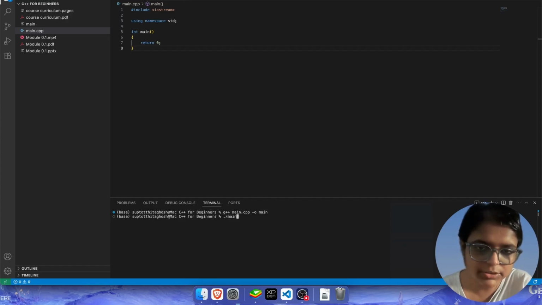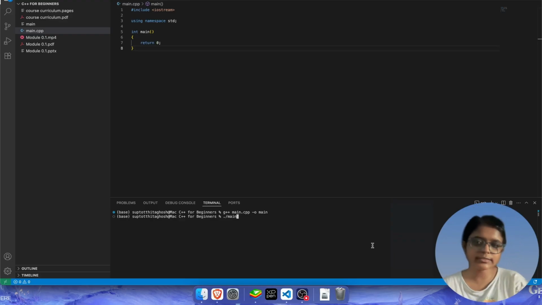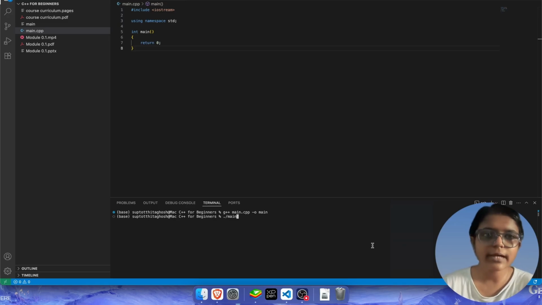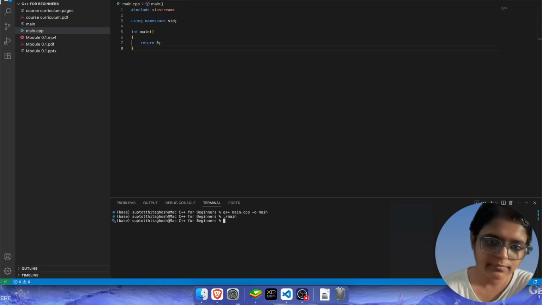Remember, it's backslash, not slash, all right? Backslash is the one on your keyboard to the right of the full stop key. Since I'm using a Mac machine, I will go with dot backslash main, and I'll press enter again.